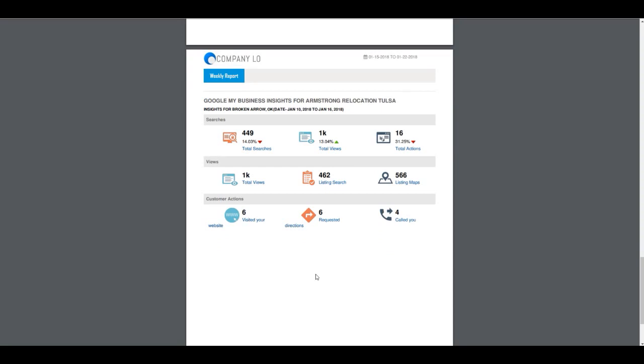Beyond that, one of the great things about our local SEO reporting is that we pull in Google My Business listing insights. So you don't have to log into the Google My Business interface and pull out this data. So beyond just local organic SEO reporting, again, a lot of the strategies involved in the local SEO is to increase ranking and visibility of the GMB, or Google My Business listing.